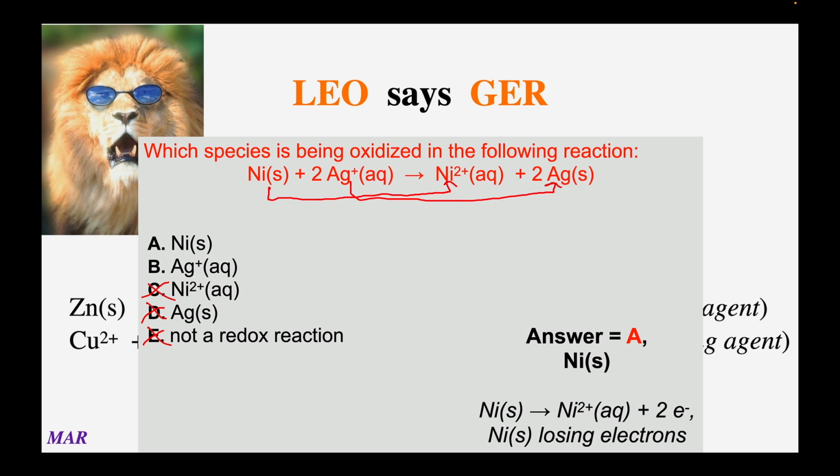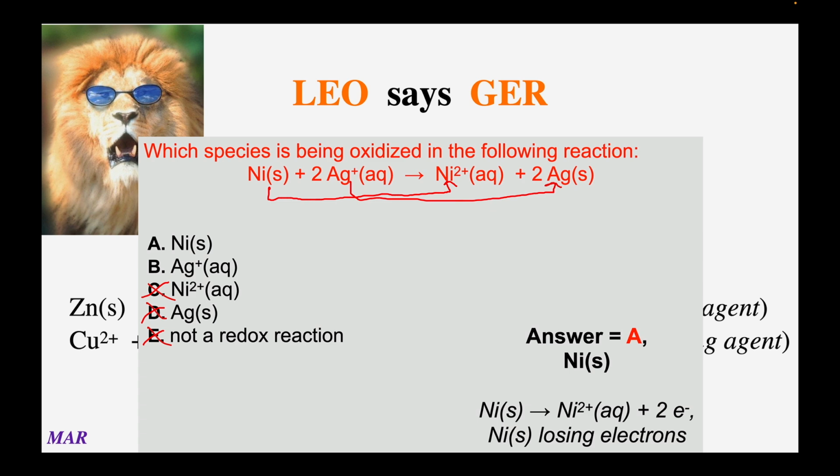Nickel is being oxidized. Silver plus is gaining those electrons to become silver metal. It's becoming less positive, more negative, all right? That's why it is being reduced. And in a redox reaction, you always have to have something being oxidized and something being reduced, unless they're half reactions, but most of the time people talk about the full reaction, and then you will have something oxidized and